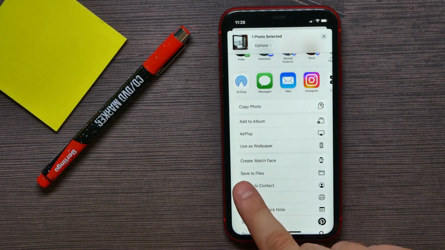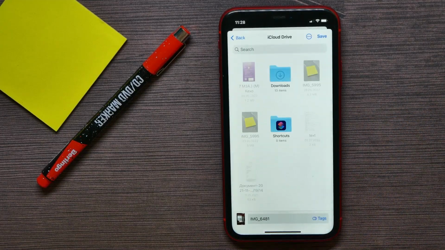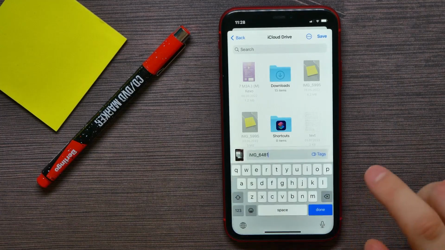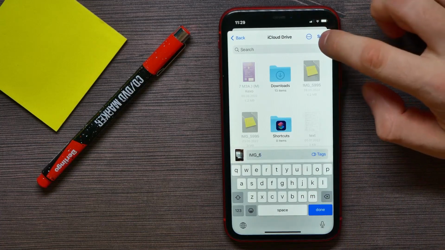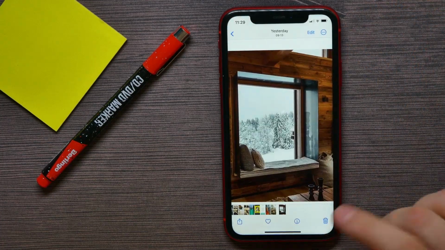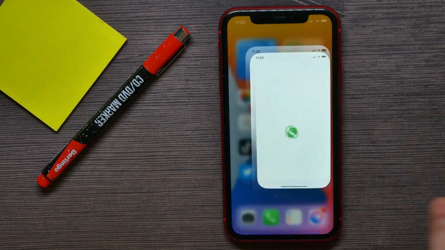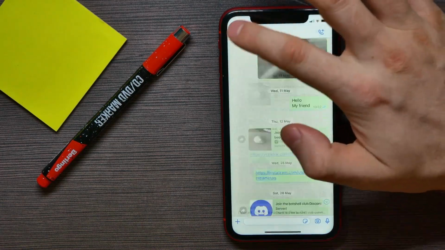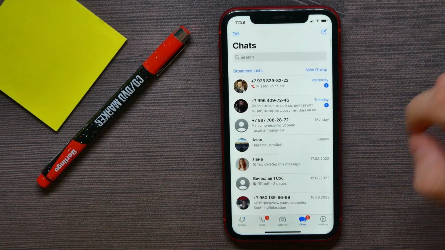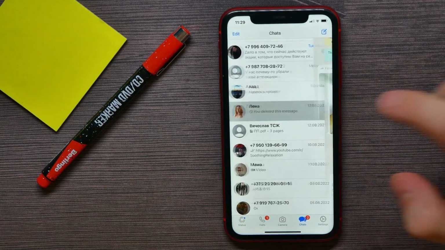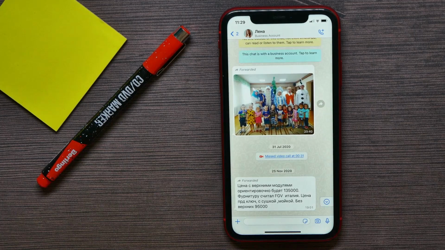So I hit on save to files. There I just can name that photo if I want, and then hit on save. And now I can open up WhatsApp, go to chats here, then open up the conversation, and now I can